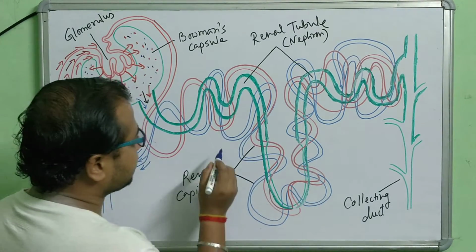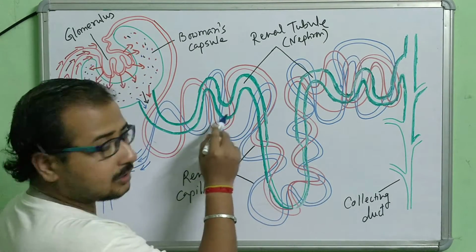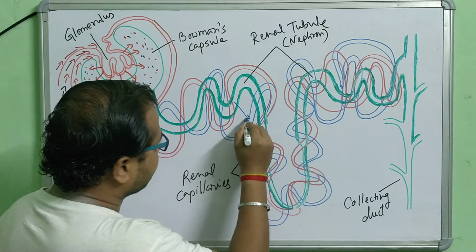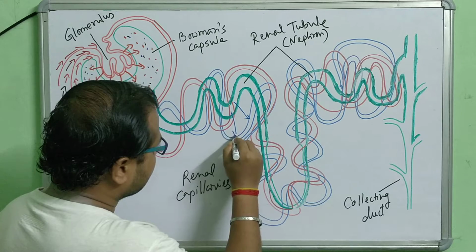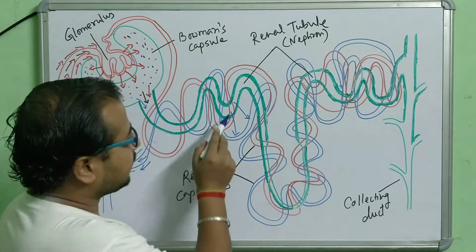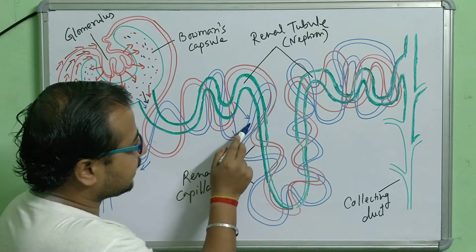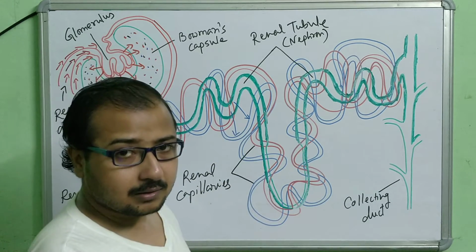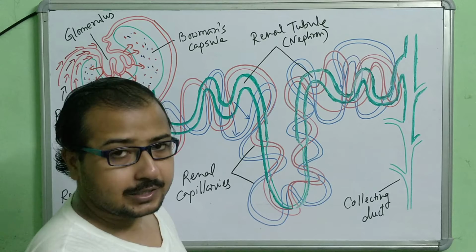So I am giving an arrow. See, this is the green line, the nephron. So from here, I am giving an arrow like this. So this is showing what? From the nephrotic tubule, something is going inside this vein, the renal vein. What is going? The water, the required water, the nutrients and the vitamins.